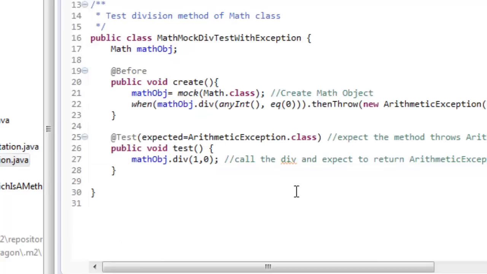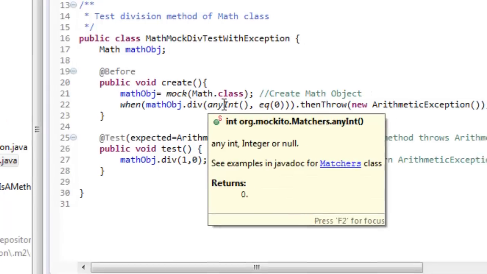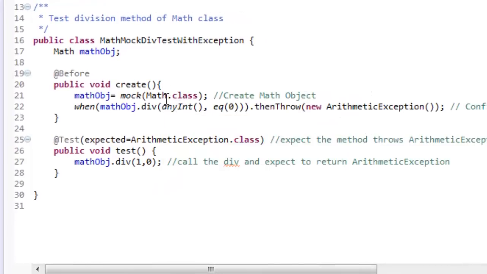Let me show you here the similar math class where we create a mock object of it. When division, any int, if you pass any integer, so the numerator can be anything, but if the denominator is 0, then we are asking to throw an arithmetic exception.